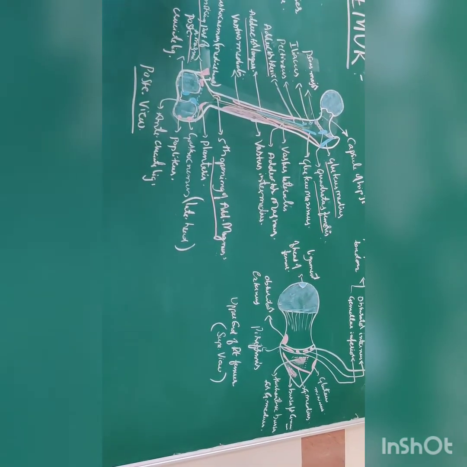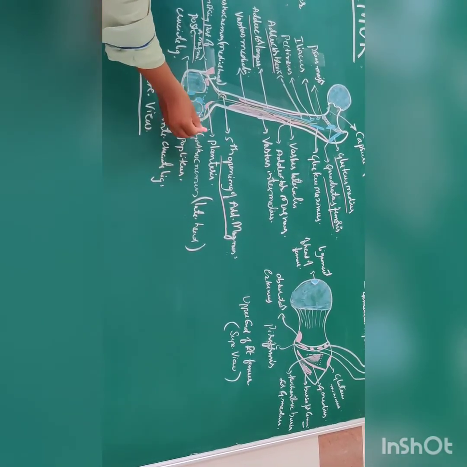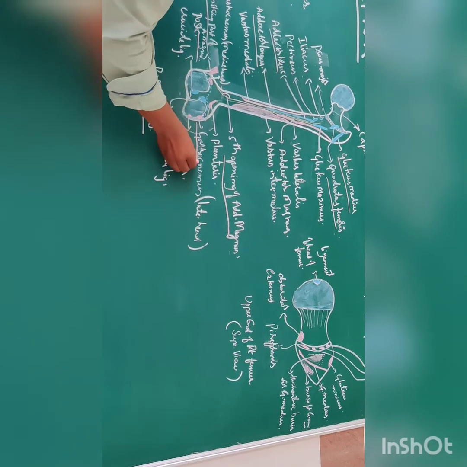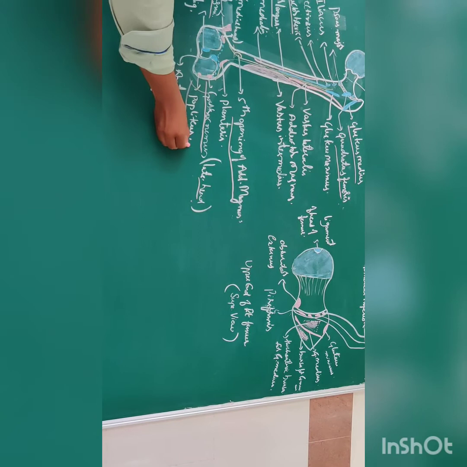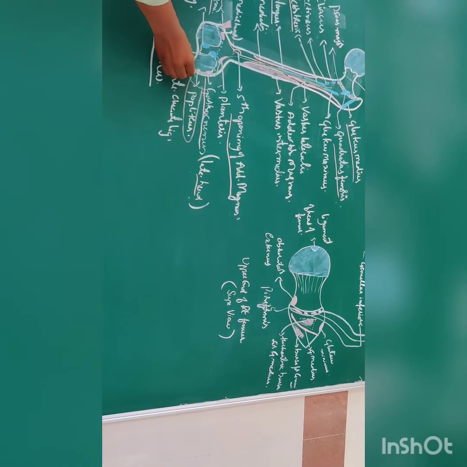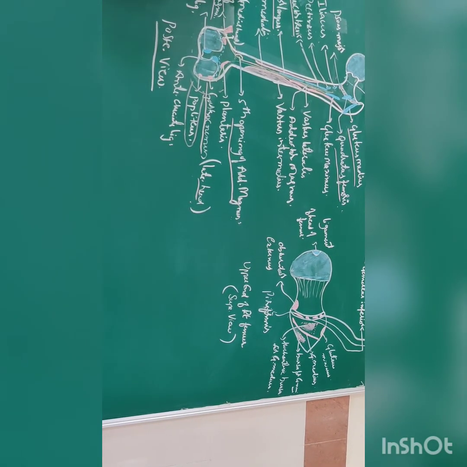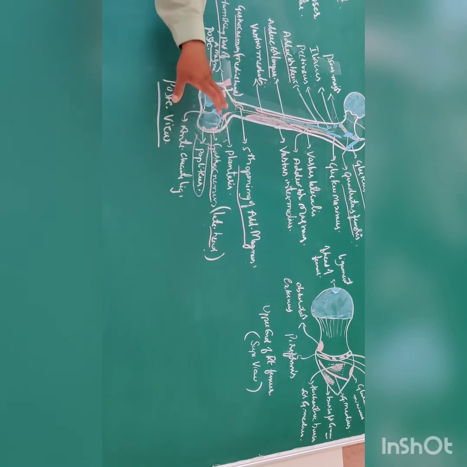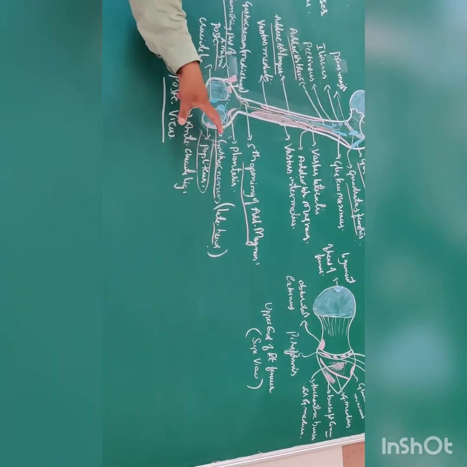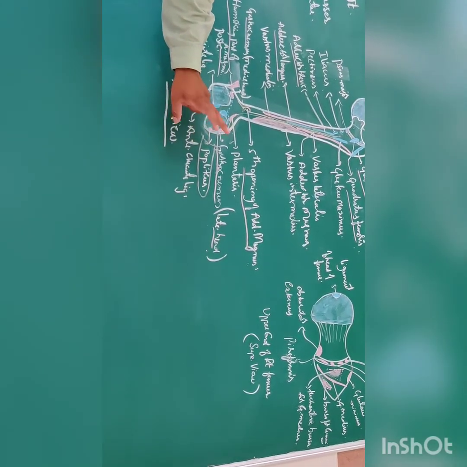Okay. Then at the lower end there is an attachment of the plantaris muscle. Okay. The gastrocnemius muscle, the lateral head of the gastrocnemius, and popliteus on the lateral aspect. Then on the medial aspect we have the attachment of the medial head of the gastrocnemius. So medial head of the gastrocnemius, lateral head of the gastrocnemius on the lateral aspect, and the popliteus is on the lateral aspect of the lateral epicondyle of the femur.